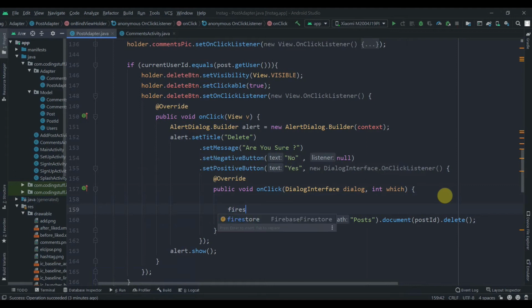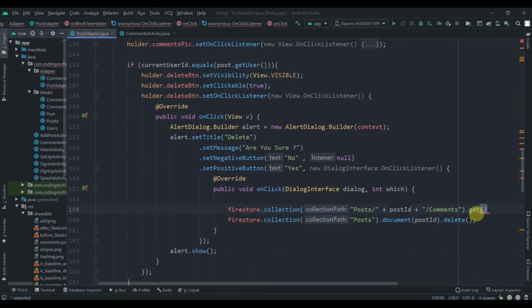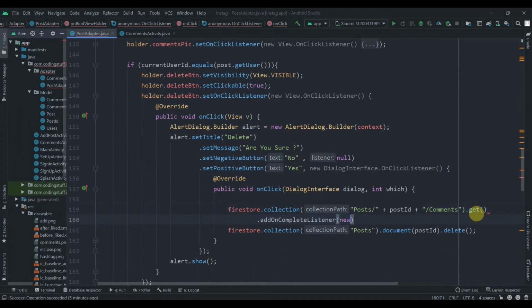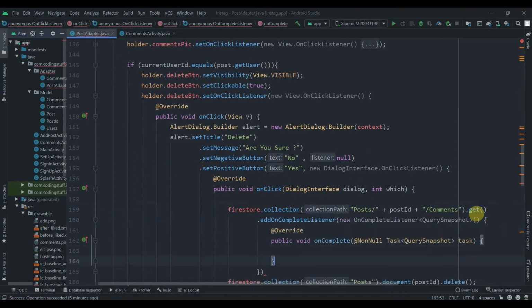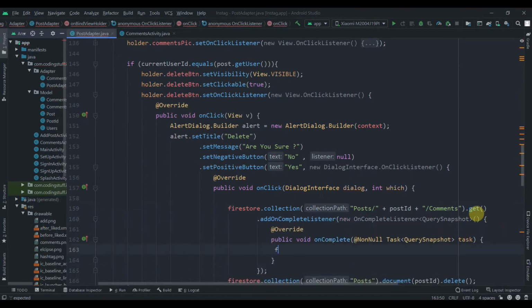So Firestore dot collection, and we'll pass in posts slash plus post id plus comments dot get, and then we'll add an on complete listener. So new OnCompleteListener. Here we'll run a for each loop. This will be QueryDocumentSnapshot task dot get results, and then inside this we'll run